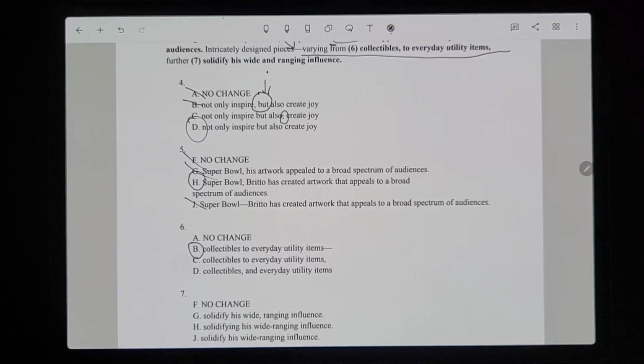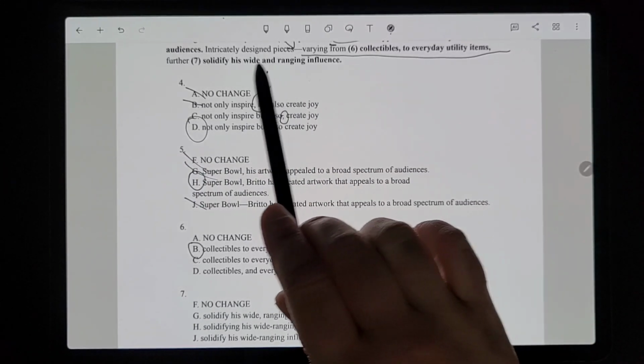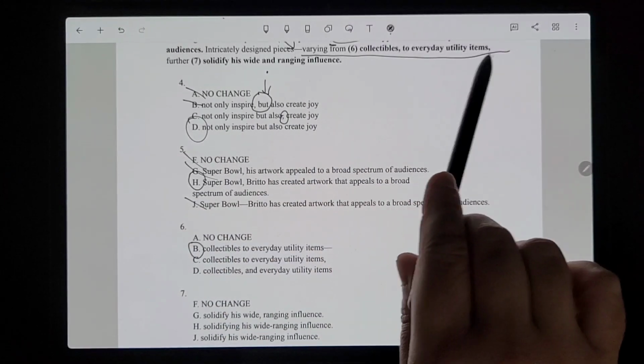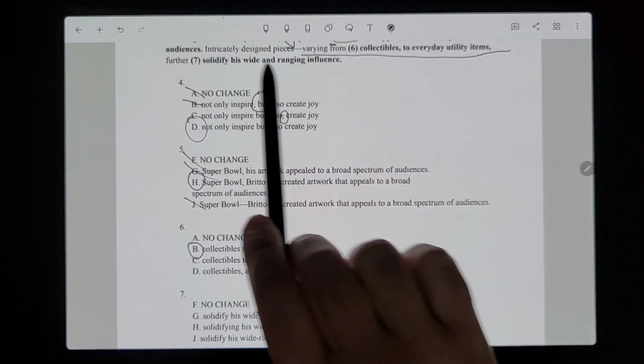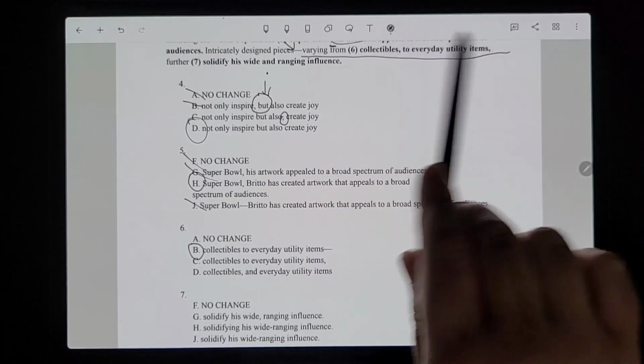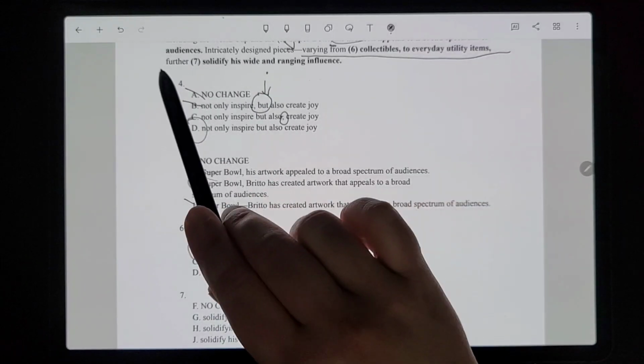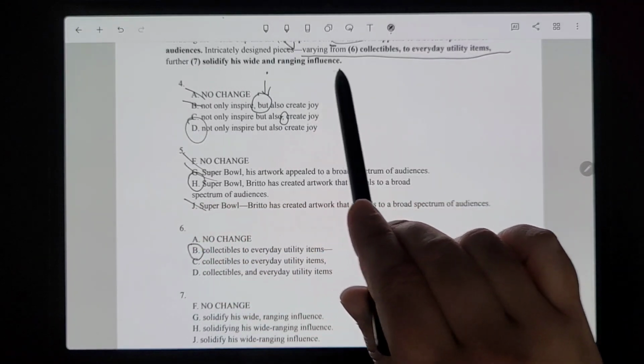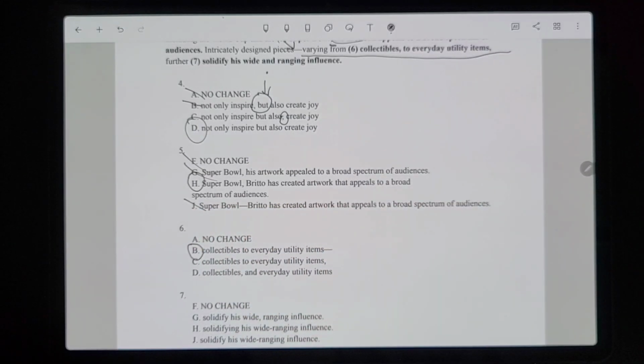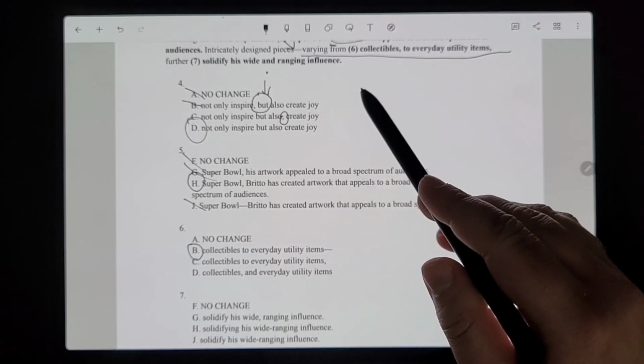So now let's go to number 7. Intricately designed pieces, and I'm going to just pretend that this isn't there, because it's an interruption or non-essential clause. "Intricately designed pieces further solidify his wide and ranging influence." So wide is supposed to be modifying ranging.